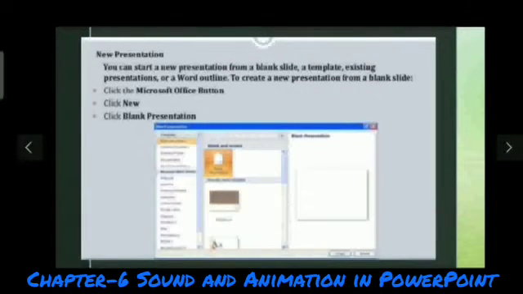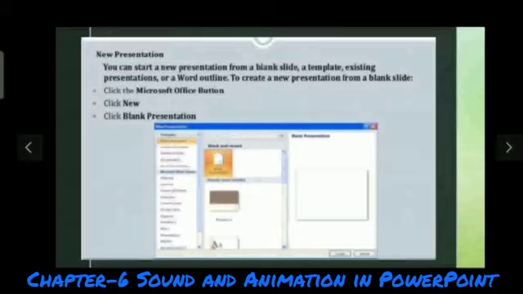So now we are going to discuss the new presentation. How will we create a new presentation? You can start a new presentation from a blank slide, a template or existing presentation, or a word outline. These are the various methods to create a new presentation.